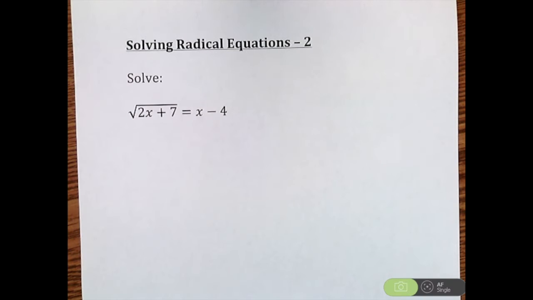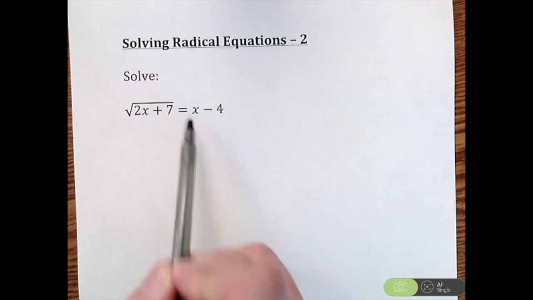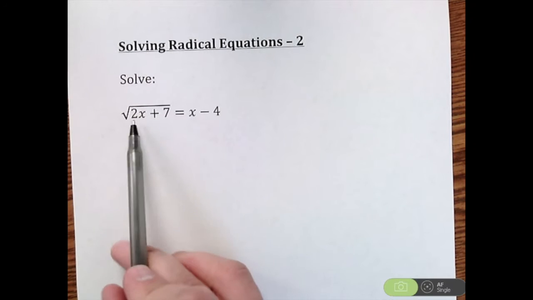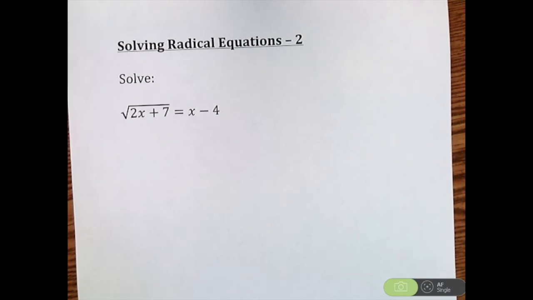Alright, this is my second video on solving radical equations. Again, a radical is, in this case, a square root, but this is a radical symbol. So we're going to solve where we have the square root of 2x plus 7 is equal to x minus 4. Now, if you watched the previous video, my first video on solving radical equations, again, our goal is to